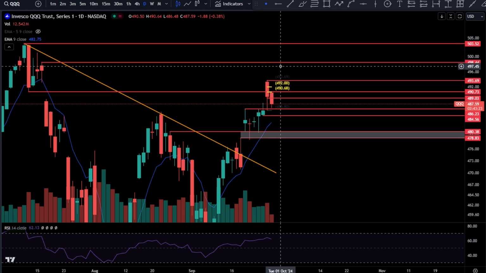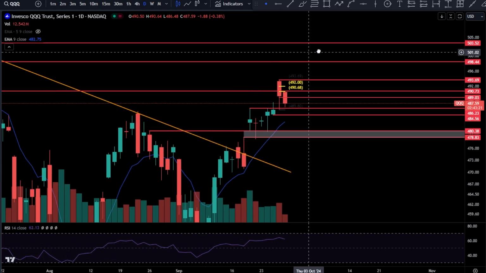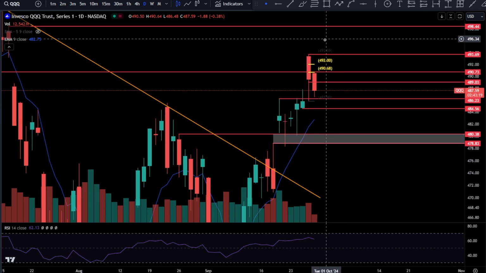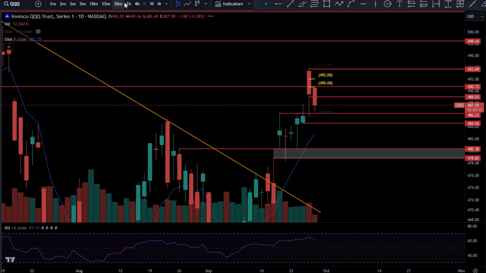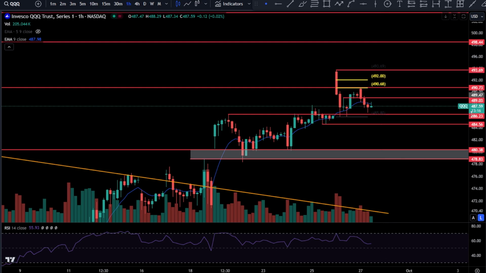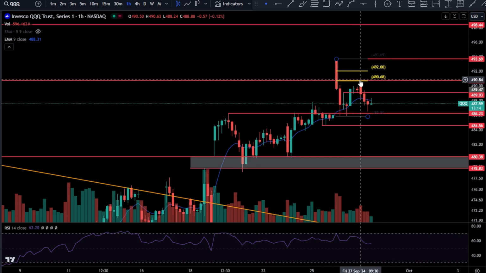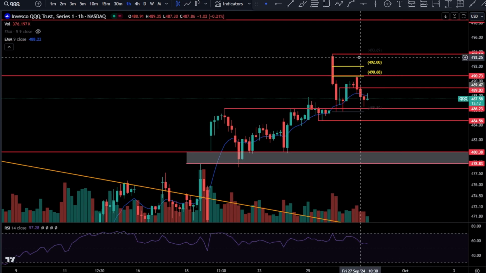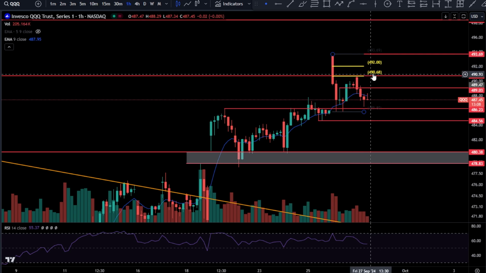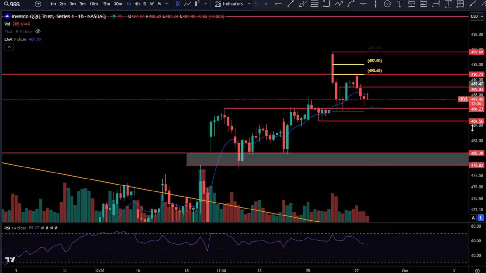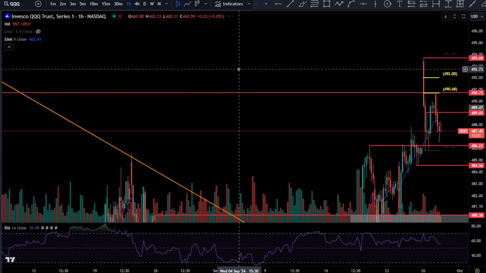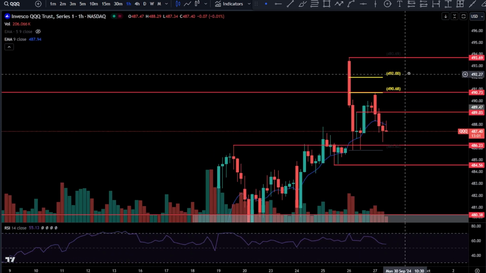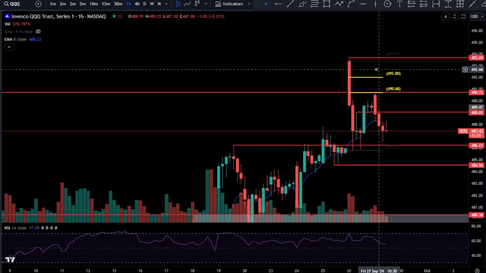All right, guys. So let's dive into it. We're going to start off over here on QQQ. We're just going to run through these charts pretty quick. We're going to start off here on the hourly time frame. I'm going to point out you got your retracement today to that 0.618 fib. High of day over here was 490.63. 490.70 was that 0.618 fib. You also did have your resistance right there, so nice little confluence spot for you. All right, I hope it served you well.